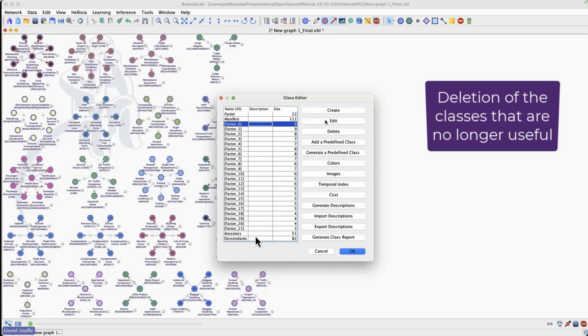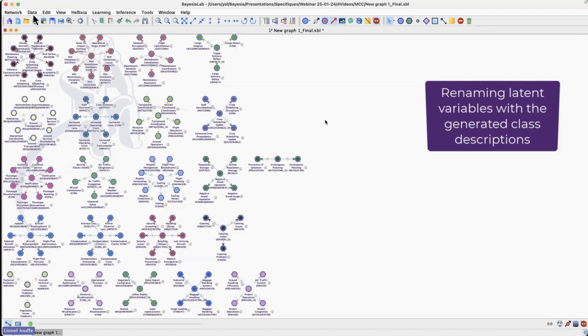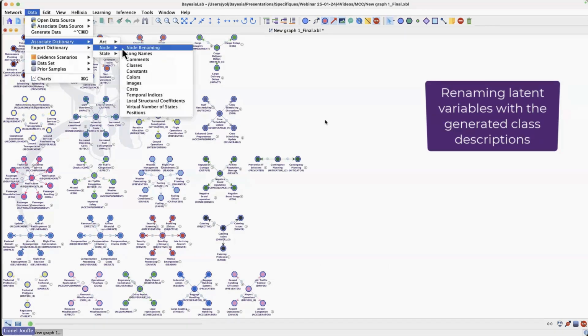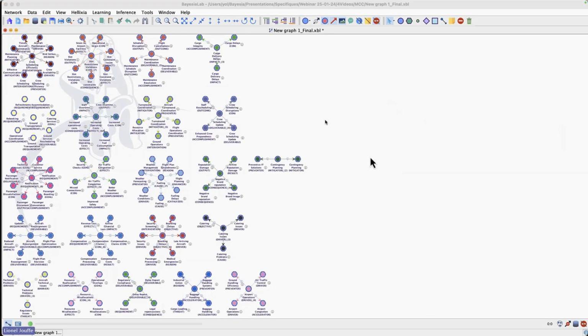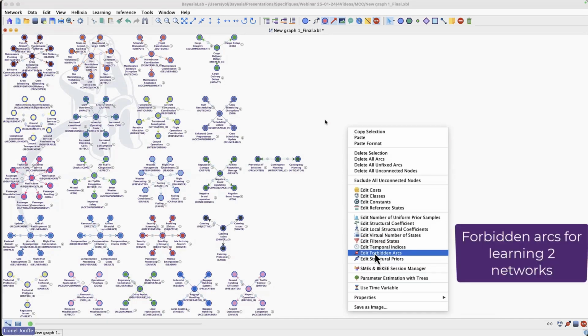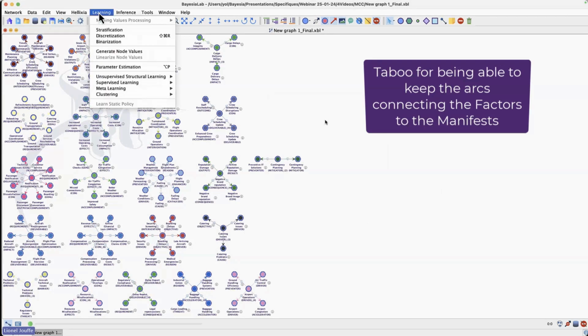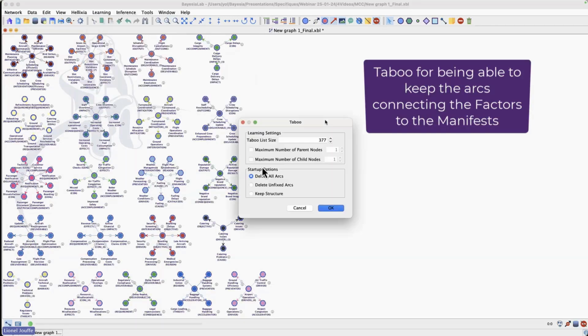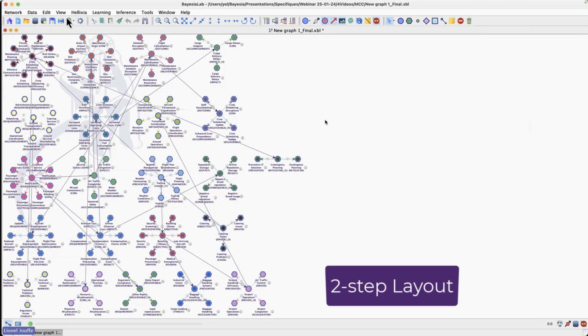I'm first removing all the factors here that are not useful anymore. And then I'm going to rename the latent variables with the file I exported a few minutes ago, and create my constraints, again, same thing, two different networks, right? So I'm forbidding the relationships between different classes. And I'm using tabu search to be able to keep the link between the manifest and the latent. So I just check delete and fix org. And now I have my